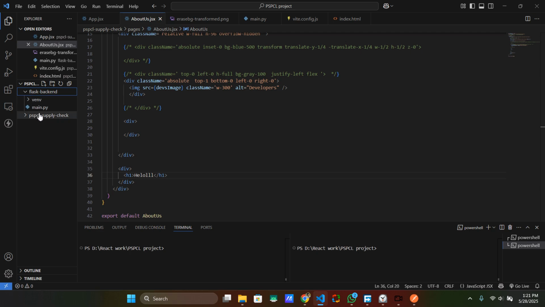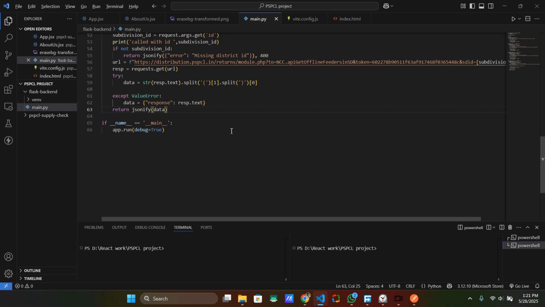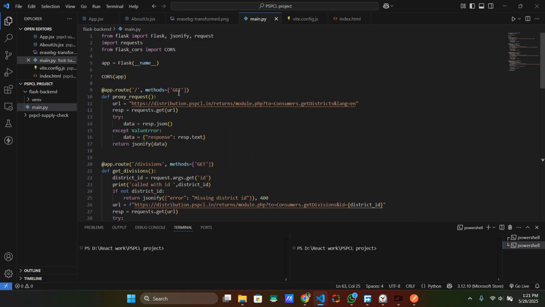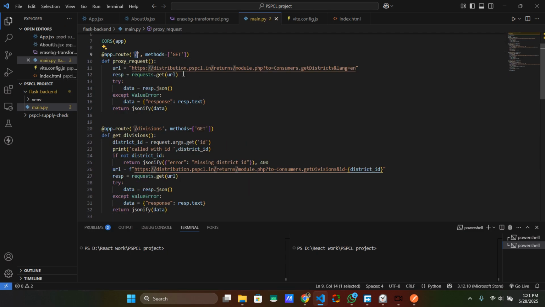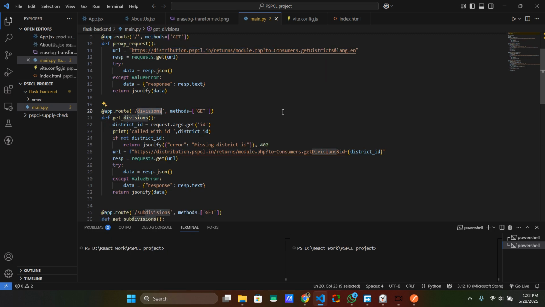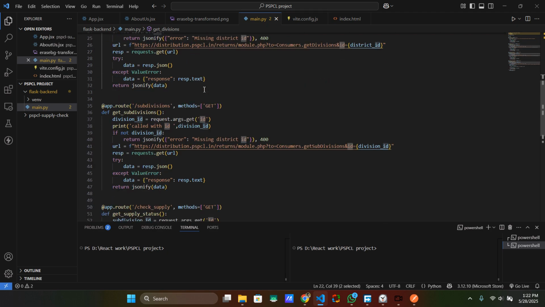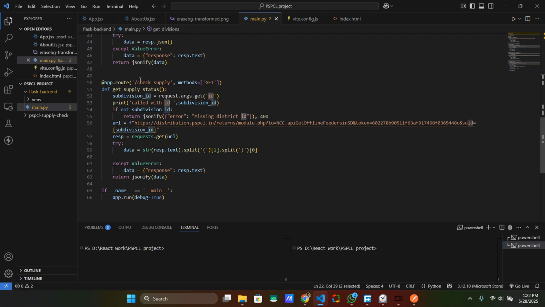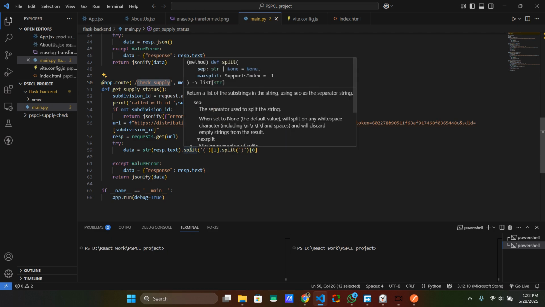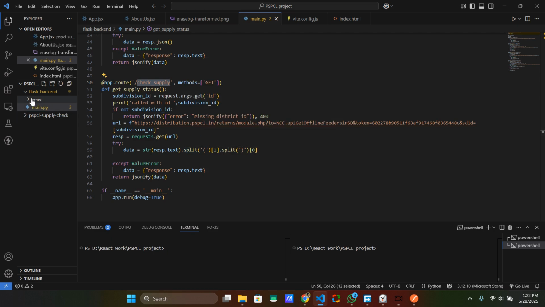So this is the backend server, and here are the requests that are being sent. Basically, the slash endpoint will get all the districts of Punjab, the division endpoint will take the district ID and then get the divisions, and so on. And finally, the check supply endpoint will, of course, check the supply based on the provided subdivision ID,